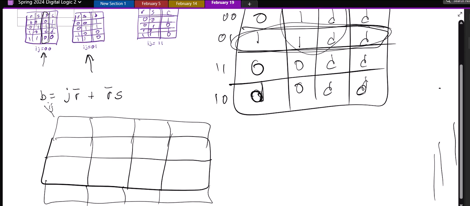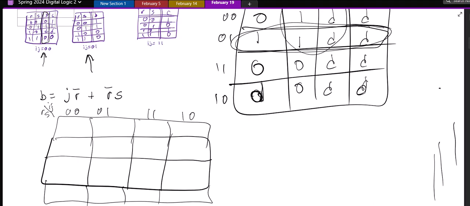So again, I have ij, I have rs 0, 0, 0, 1, 1, 1, 1, 0, 0, 0, 0, 1, 1, 1, 1, 0. And now I want to get C. So when ij is 0, 0, C is 1 for rs 0, 0, 1 for rs 0, 1, don't care for 1, 0, and 0 for 1, 1. C is don't care